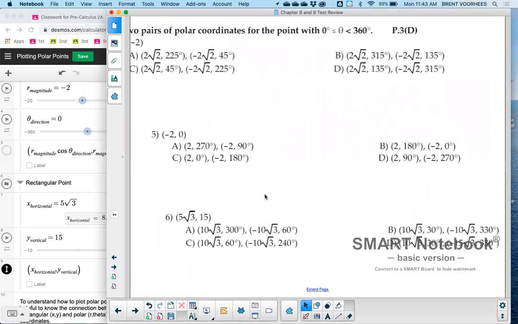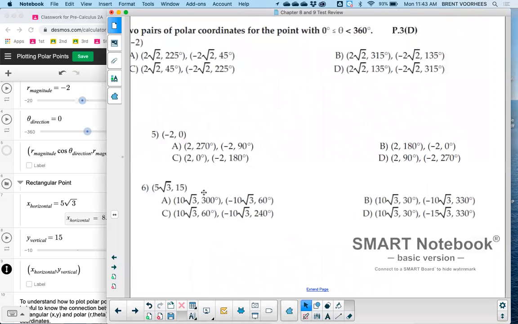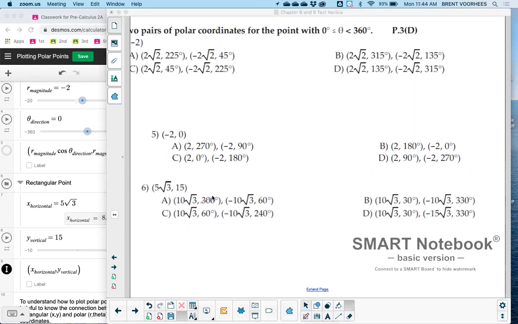I look at my answer choices on number 6, and I don't see a little bit more than 17. That's because it's the 10 square root of 3 value, but I do know it's at 60 degrees. So as I'm looking for the one that's equivalent to about 17 and some change, it looks like the answer is going to be C,